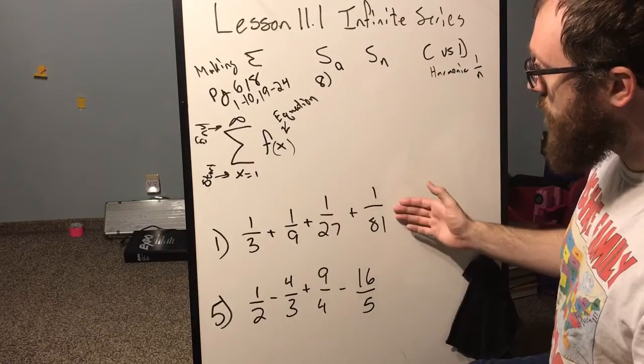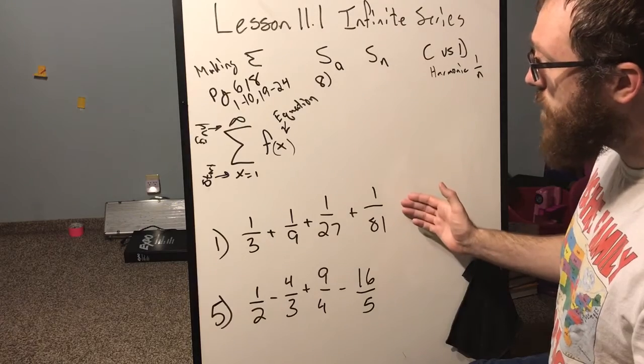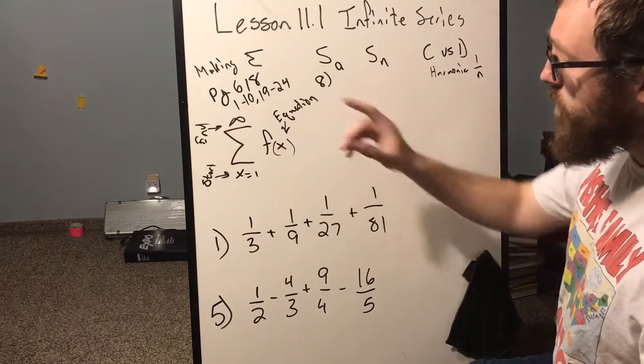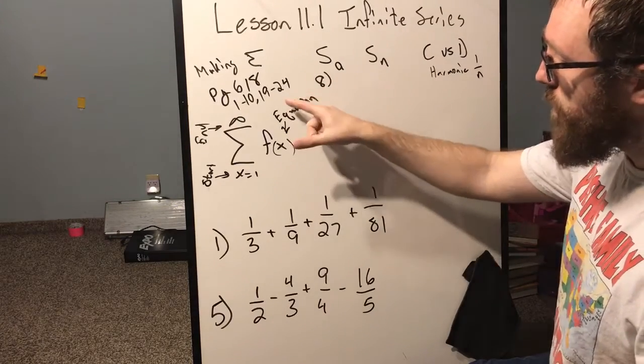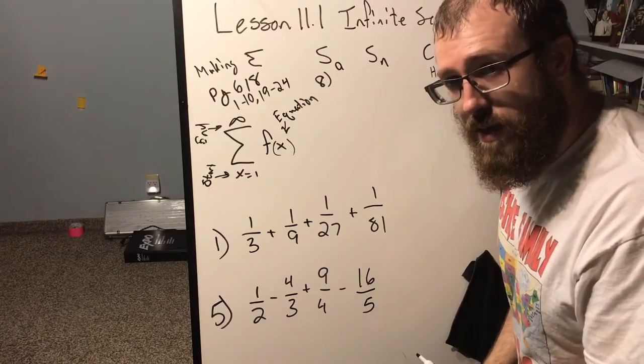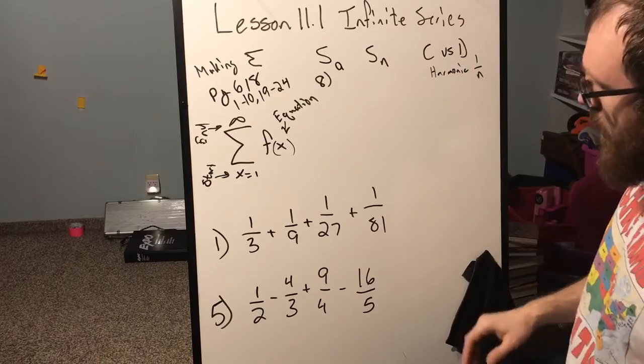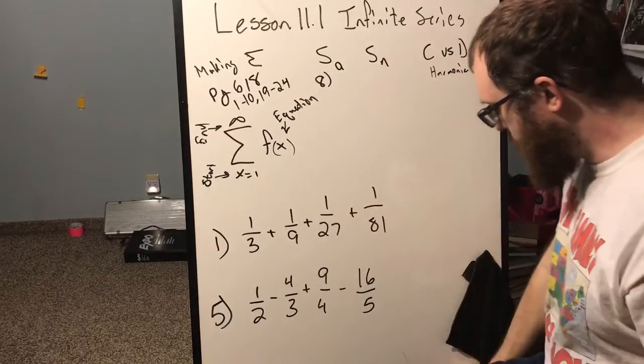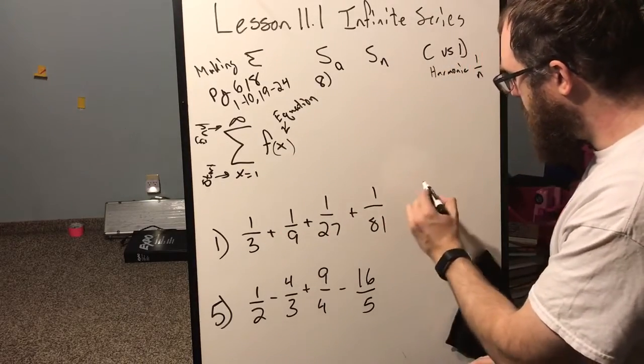So this is problem 1 from our homework, and that's what I'm going to use as my jumping off point. The homework is on page 618, 1 through 10, 19 through 24, if you're following along in the book with me. All right, so if we look at just the numerator of this,